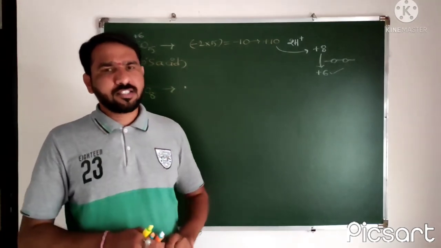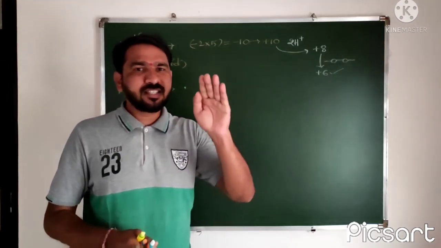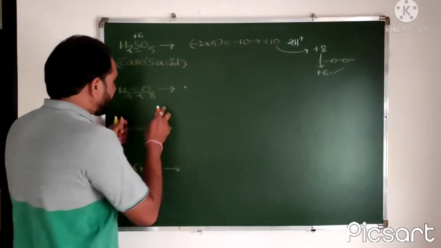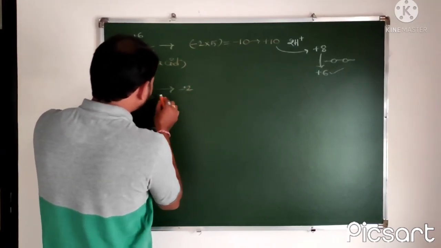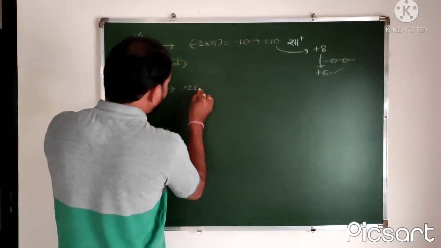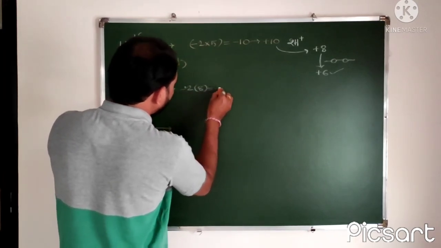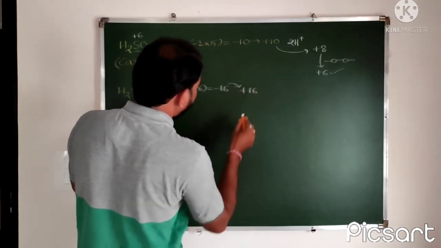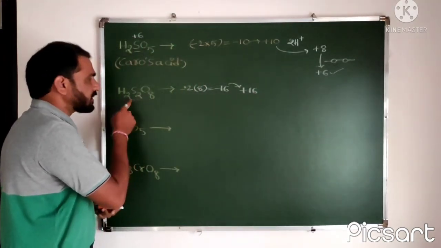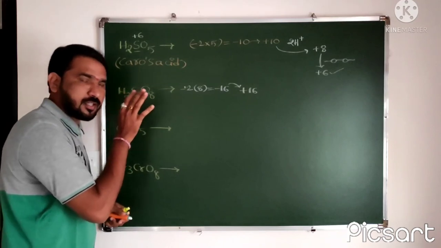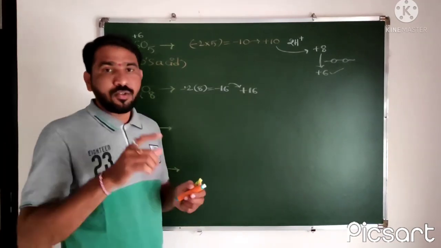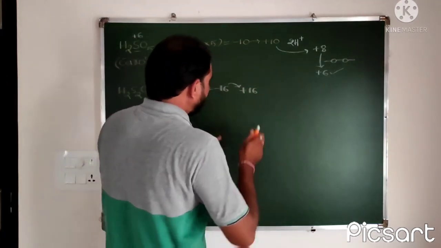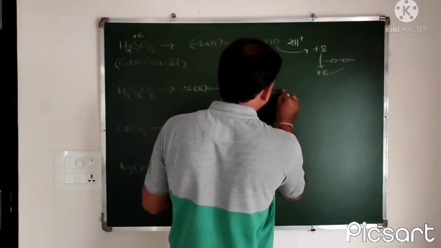If we use one peroxy bond, that plus 16, how did we get plus 16? Minus 2, the general oxidation state of oxygen, into the number of oxygens, 8, equals minus 16. It means plus 16, because the total negative charge equals the total positive charge, right? That is applicable for neutral molecules only, right? Okay. From this, if you use one peroxy linkage,